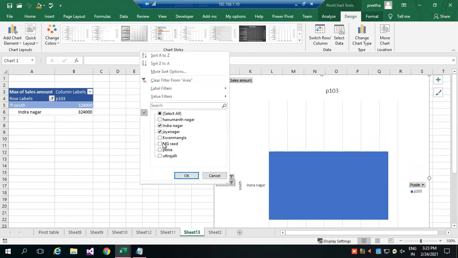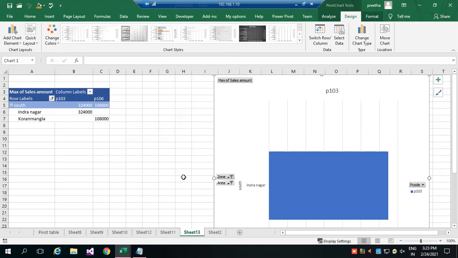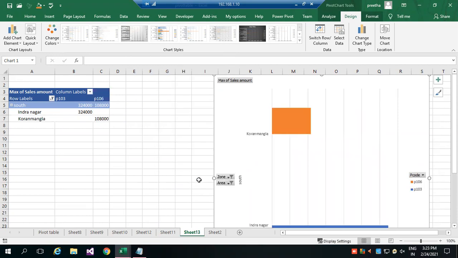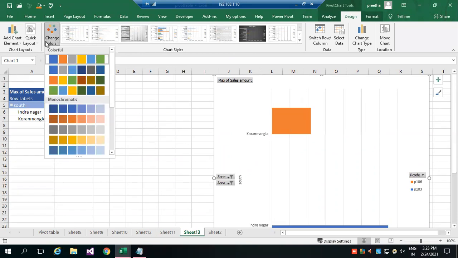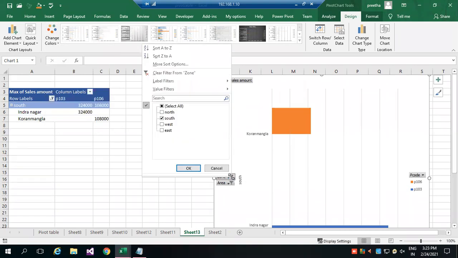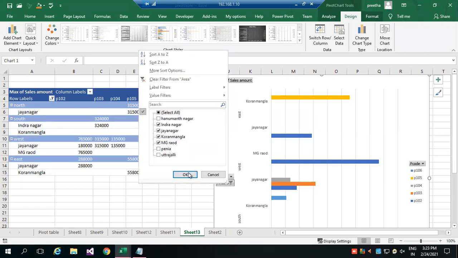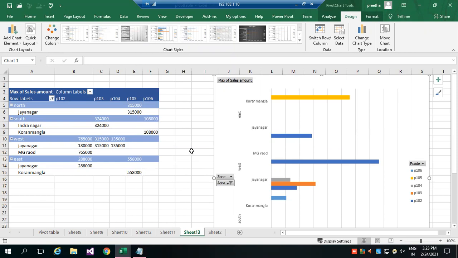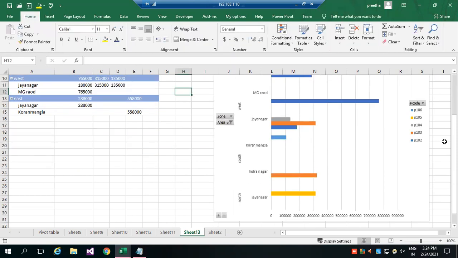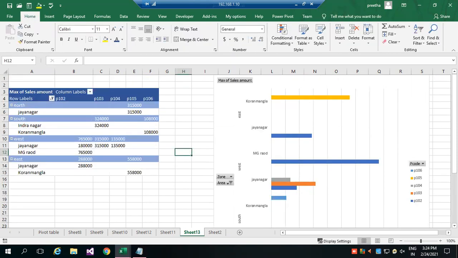So when you are presenting the report, you could select exactly which area, which zone, everything. After changing, you can change the color combination, everything. So again, we'll get back all, select all. This side also select all. Okay, so you can try out.